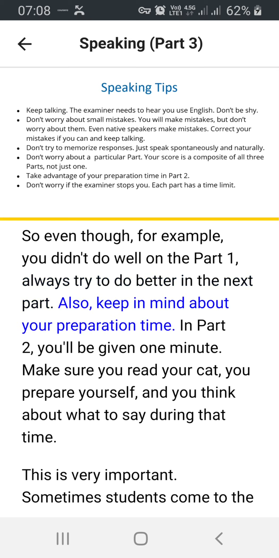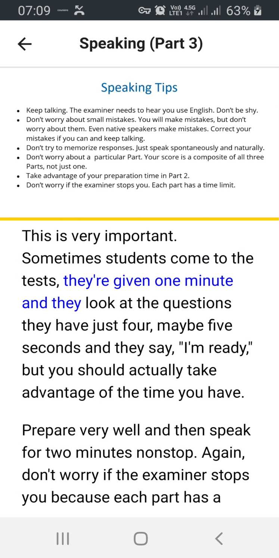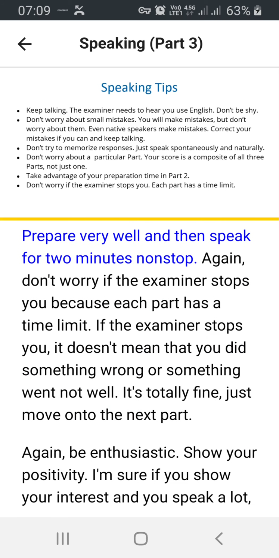And also keep in mind your preparation time. In part 2, you'll be given 1 minute, so make sure you read your card, you prepare yourself, and you think about what to say during that time. So this is very important. Sometimes students come to the test, they are given 1 minute, and they look at the questions for maybe 5 seconds, and they say, I'm ready. But you should actually take advantage of the time you have, prepare very well, and then speak for 2 minutes